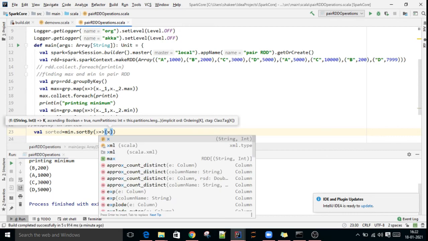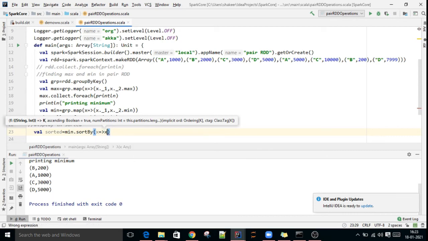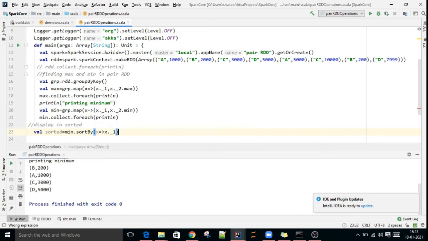x._1, no need of brackets, x._1 because it is a tuple. _1 means based on the first element, that is, based on the key.